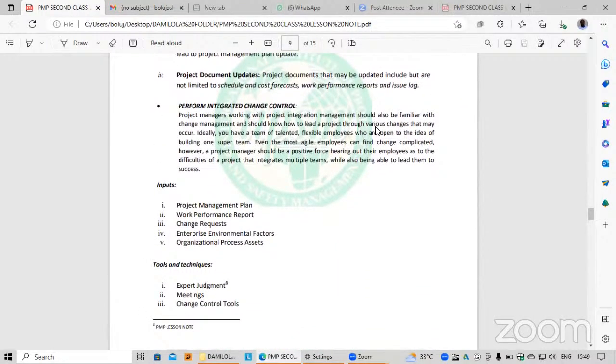It is also the duty of the project integration manager to perform integrated change control. The authority to perform integrated change control is also in the hands of the project integration manager. So at any point in time, through effective communication, there can be agreement between him and the sponsor of that project as regards certain information in the project charter. So the manager that can work with the sponsor of the project to effect change in the project charter is the project integration manager,